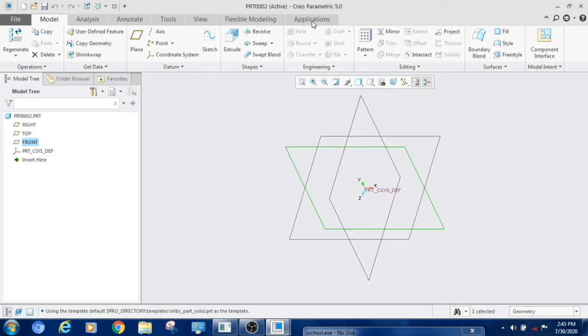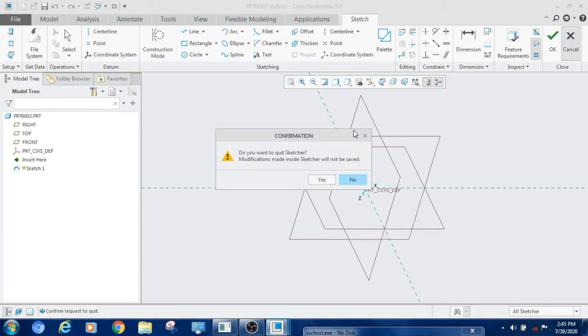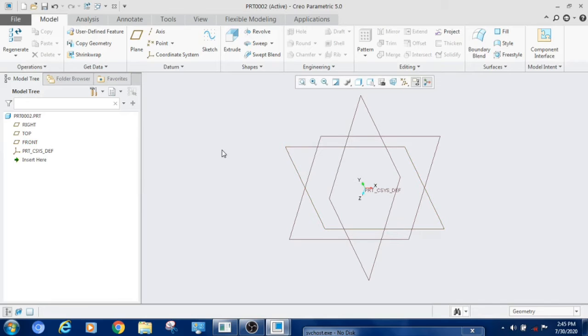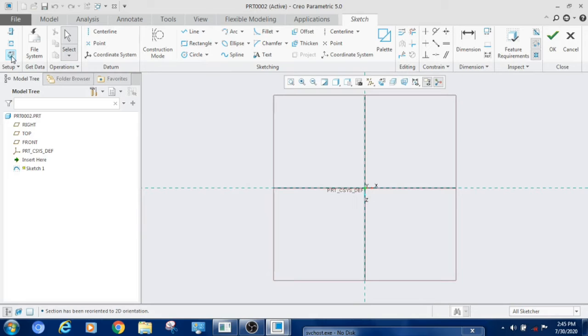These are the different menu bars and down you can see different toolbars. And these are the 3 planes. First we have to select a plane and then we have to select a sketch. So once again I will tell you, whenever you are going to start a sketch, first we have to select a plane by clicking plane or by clicking the option. Just select a plane and select a sketch. Now you are in Sketcher. We have to just click sketch view for the right position.